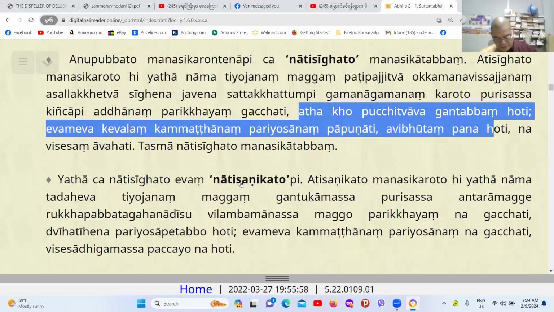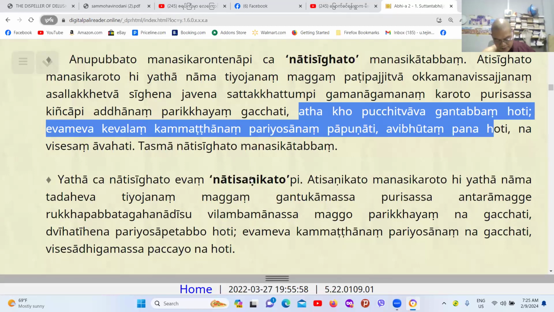What happens if we contemplate those 32 parts of the body slowly? Kesa, loma, nakha. So very slow. In a very slow way, we contemplate all the parts of the body. What happens here? A person who contemplates the 32 parts of the body very slowly,